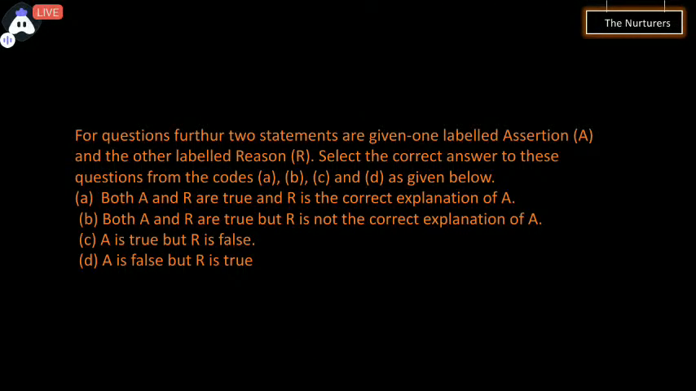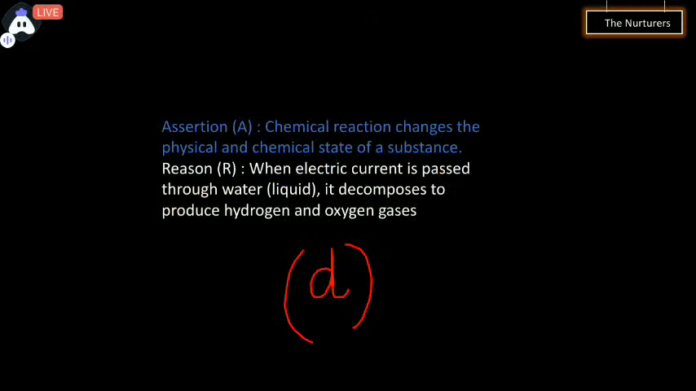See, assertion is false but reason is true is the D part, and hence it correctly fits to our situation of the first assertion and reason. Next,